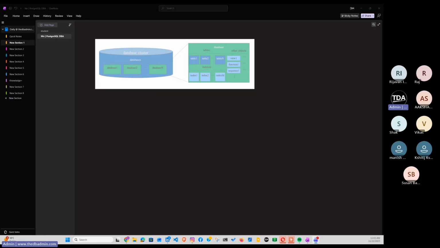Of ACID properties, CAP theorem, all those things. And we are going to talk about all these topics, not like a database administrator. We are going to talk like an architect. Okay, because